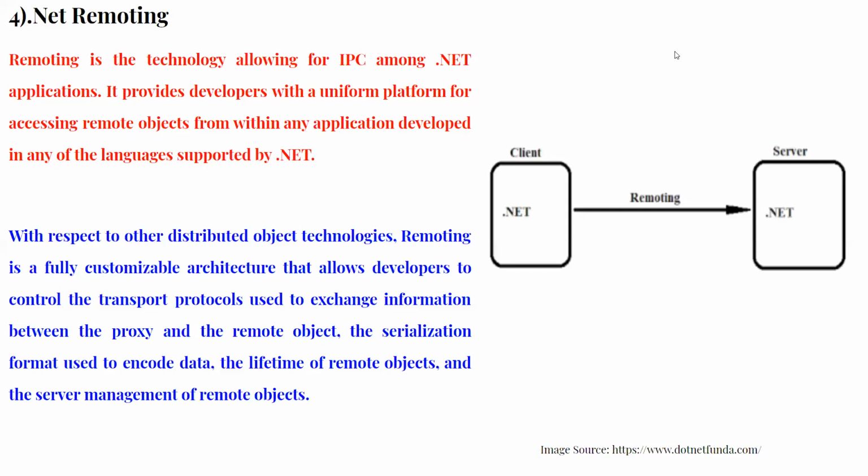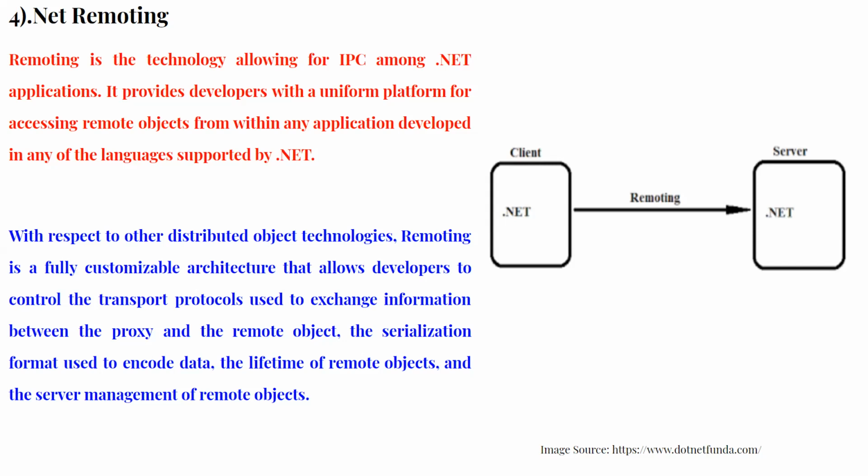So the next we have is .NET remoting. If I talk about remoting, basically this helps you do remote communication between your client and server. As we are studying distributed object frameworks, everything here is around the concept that your client and server can be remotely located, and how the applications and communications take place between them. In .NET remoting, you allow IPC, that is inter-process communication, between your client and server. These services mean .NET applications can run remotely on the client and server, and they can fulfill each other's requests.